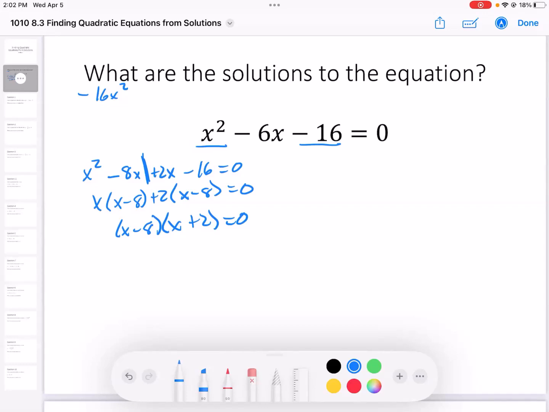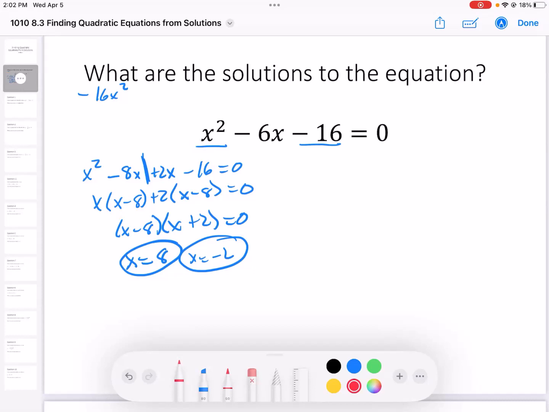8. Perfect. So we have x equals 8. And then what makes this factor equal 0? Negative 2. So this is kind of review, but these two things would be our solutions because those are what make this equation true. So this is one way you can solve it. The other method that we've learned is to do